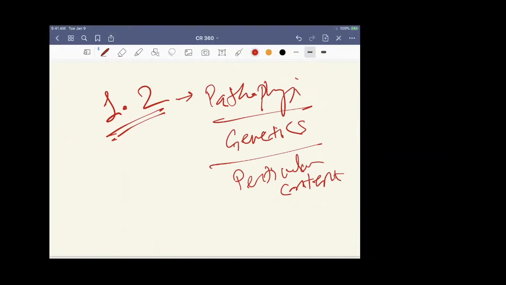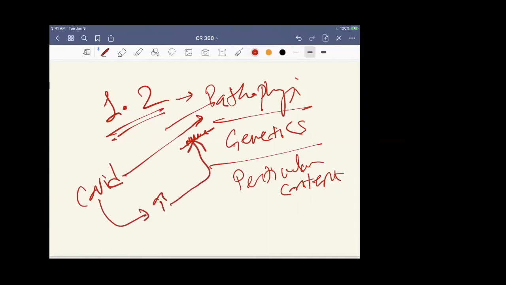So for example, if I'm evaluating the effect of vascular events among COVID, then I have to collect the literature and put it in two to three lines: how COVID directly makes changes in the vessel, how COVID increases the inflammatory biomarkers, which will lead to a change in the vessel wall biology, right? So one or two lines on such pathophysiology, genetics, or that particular mechanism of action is good to write, but that should not cover more than one paragraph.